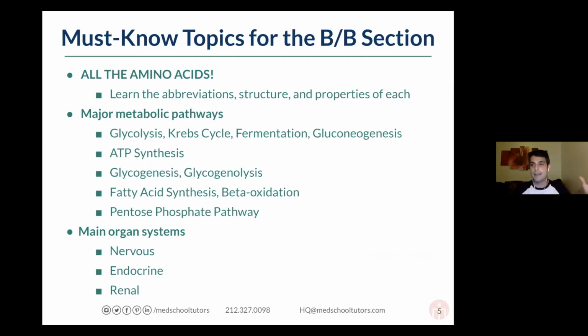And these break up nicely into acidic amino acids, basic amino acids, polar amino acids, non-polar amino acids. You want to break up the amino acids and know which fall into those really important categories, because with an understanding of that, you'll be able to answer so many questions that rely on an understanding of, well, yeah, the polar amino acids are going to be found on the exterior of a protein and the non-polar amino acids are going to be found on the interior, right? And so you need to know which amino acids are which there. So that's beating a dead horse, but absolutely know all the amino acids.